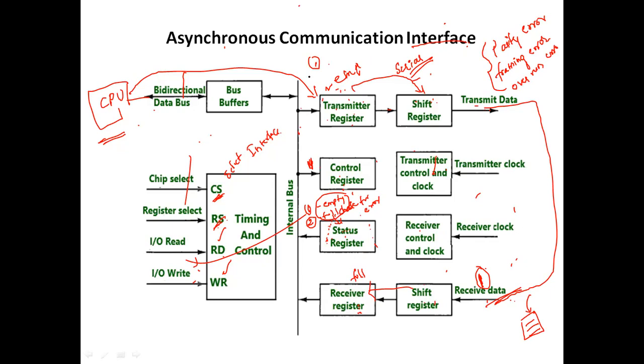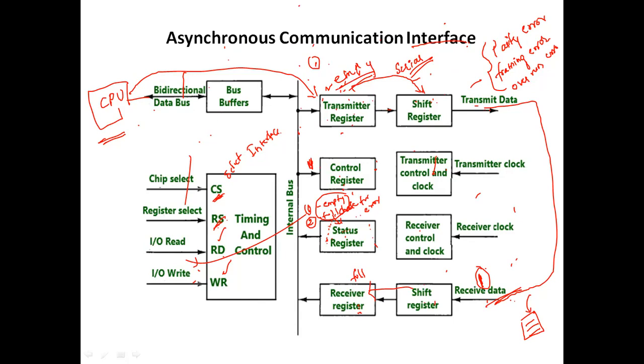So we have seen how the interface is going to be added. The CPU sends a control bit to the control register, then the interface is enabled. As for the working of the transmitter register, the CPU checks the status register. If the transmitter register is empty, it sends a bit. Then this bit is sent in parallel to the shift register. After the shift register, it transmits the data. The transmitter register is marked empty so that the CPU can send another data.